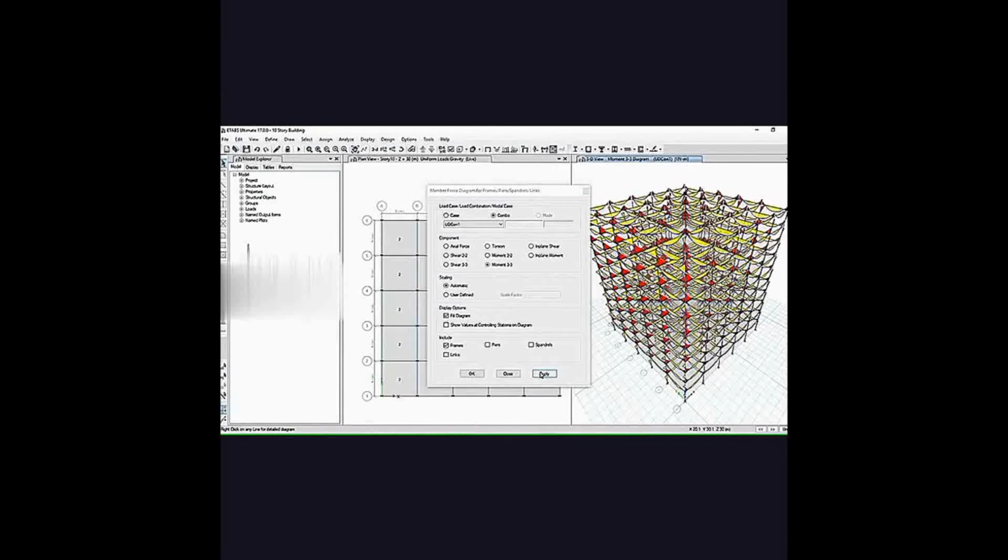You can click on any point to check the details of that point. Now we can see the effect of loads with the contour design. As you can see, the loads in red and yellow color.